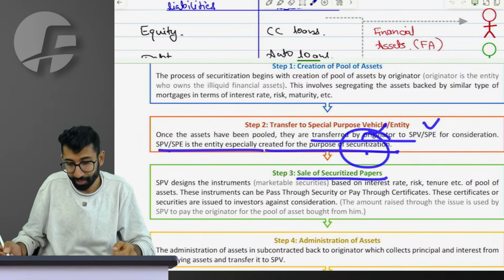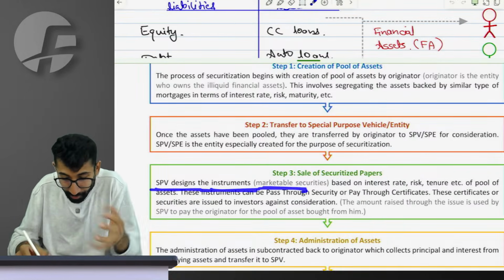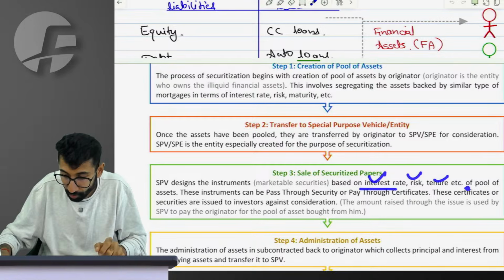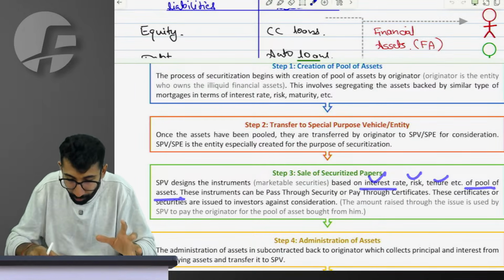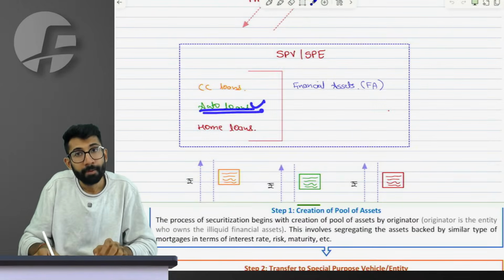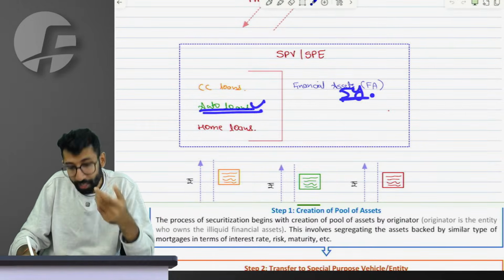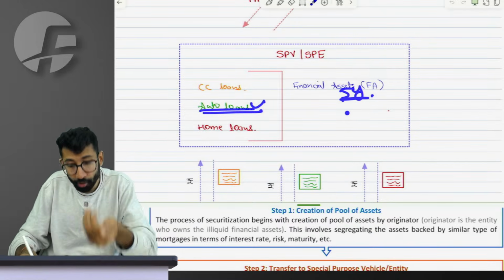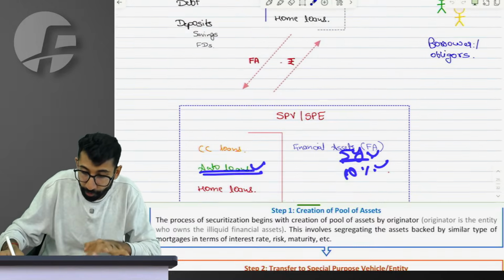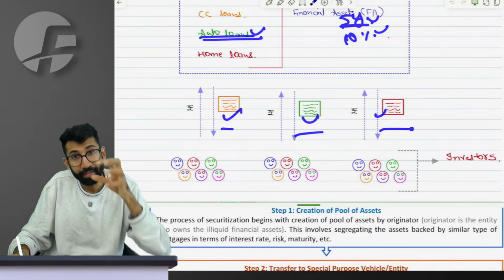Sir, sale of securitized paper. The SPV designs the instruments, those marketable securities, those asset-backed securities, based on the interest rate, risk and tenure of the pool of the assets. Meaning to say, the SPV receives the pool of auto loans. Now on auto loans, I know the maturity of the auto loan is 5 years. I know the interest at which the loan was given was 10%. So based on what I will receive from these borrowers, I will create a security and commit that interest and